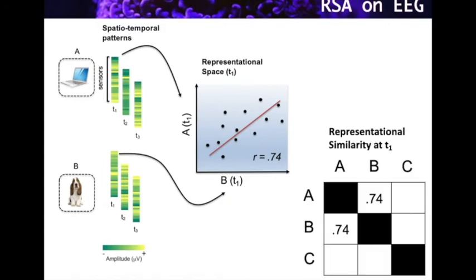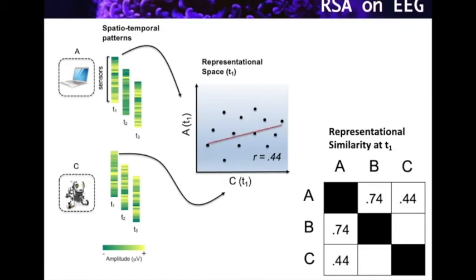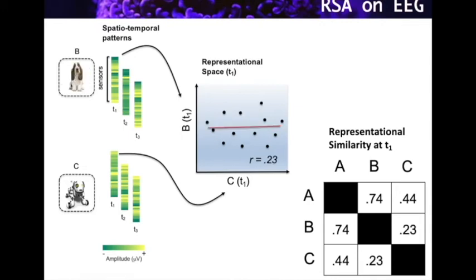Now, for instance, in that case, in temporal point 1, we would find that neural patterns elicited by a computer and by a dog correlate to 74%, and that could be included in this box in the corresponding similarity matrix. We would do exactly the same for the same time point, but comparing that with another category, say A and C, and we would fill it up in the corresponding box, and then we'll complete for this time point the correlation that remains, which would fit this way.